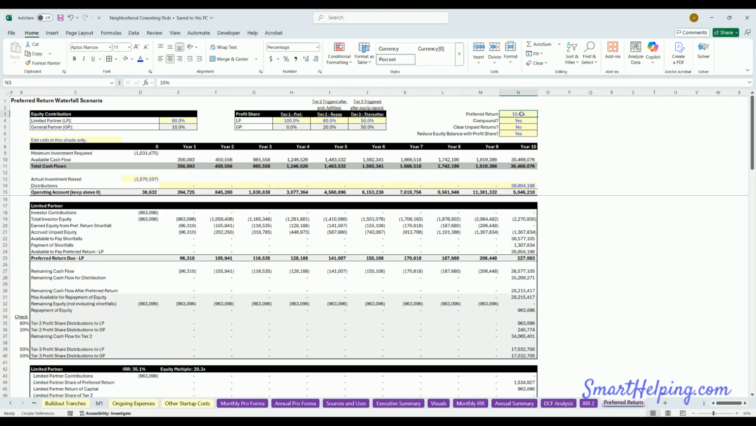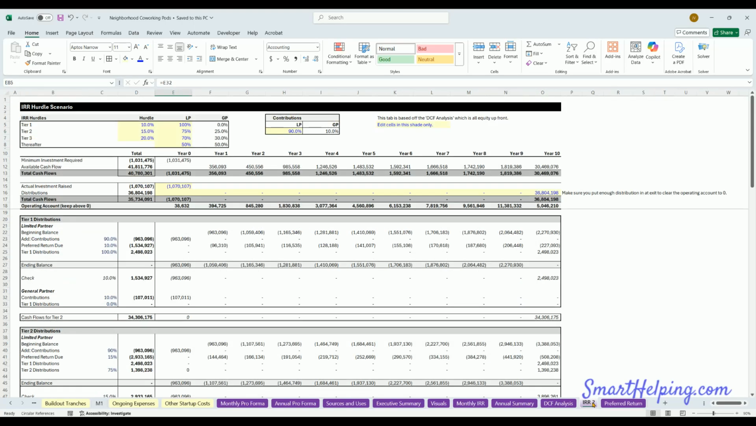You could also do the rate here, if you're going to compound it or not, if you're going to clear out unpaid returns or not. Usually this is always no, because you'll be accruing, and also you'll mostly usually be reducing equity balance with profit share. Okay,